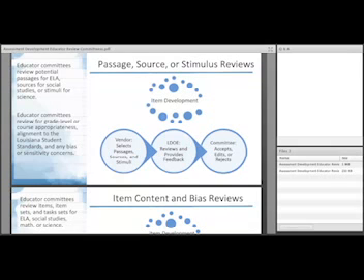Then we review and provide feedback, and maybe the vendor will provide a different option. Once we feel like we're in a pretty good place with those passages and sources, we bring it to committee, who then gives us a final say. They'll say, yes, this passage is great. It works great for third graders. It's really engaging. My third graders would love it. It's got appropriate language, and it's easily accessible.